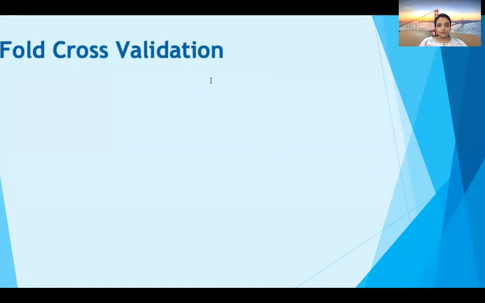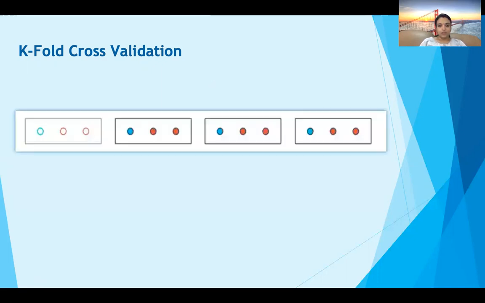Now we will learn a useful method to recycle our data, that is K-fold cross-validation. As we are separating the data into training and testing sets, sometimes we are keeping data as a testing set which could be useful to train the model. So that is where the concept of K-fold cross-validation comes in. In K-fold cross-validation, we break our data into K buckets. In this case, K is 4.